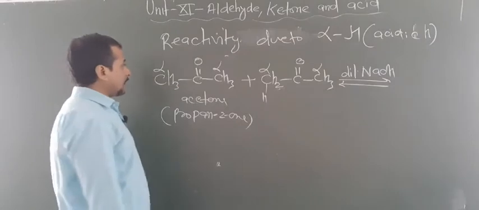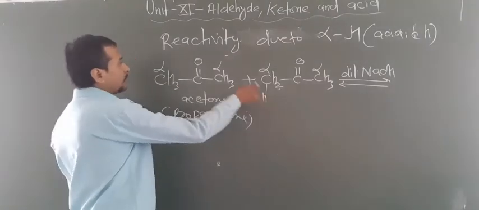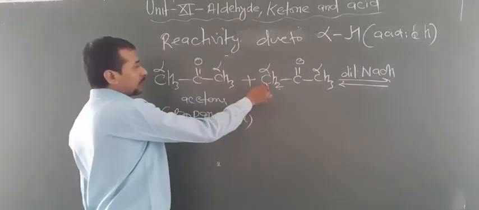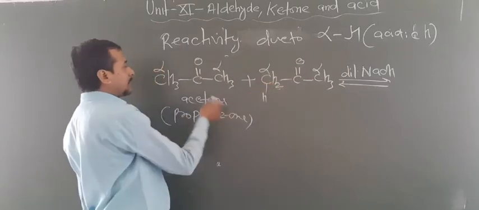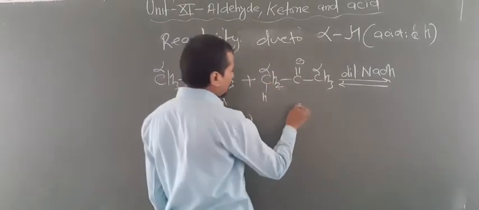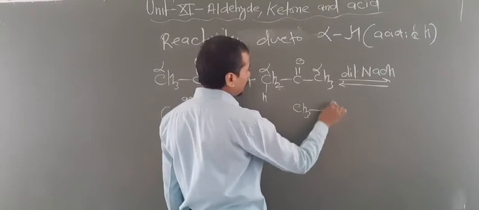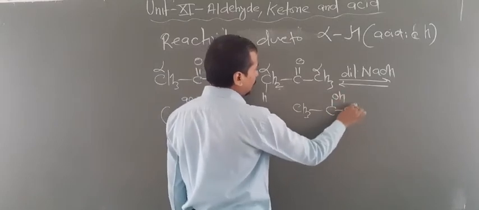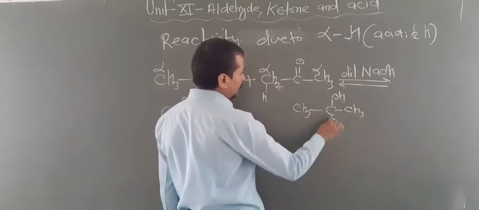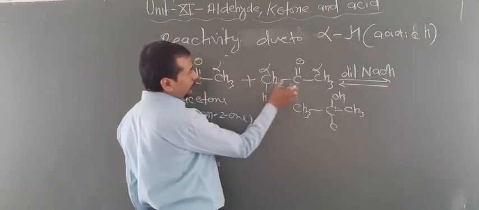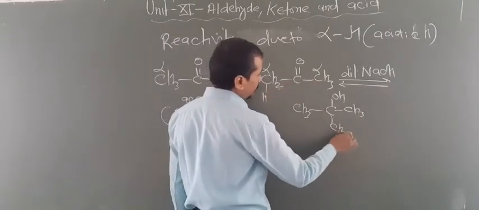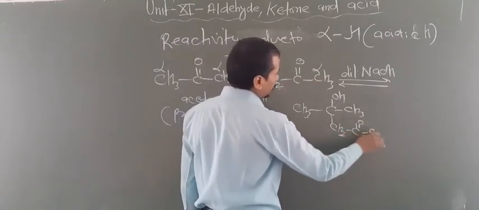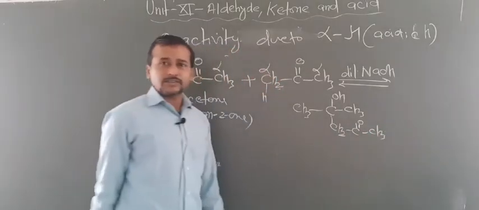Okay, now look at here, this H again moves towards O, and this whole group from this carbon is attached to this carbon. So now your product will be CH3, C, this becomes OH, and this is already CH3 here. Now this carbon is attached to CH2, CO, CH3. So CH2, C double bond O and CH3. This is known as ketol.